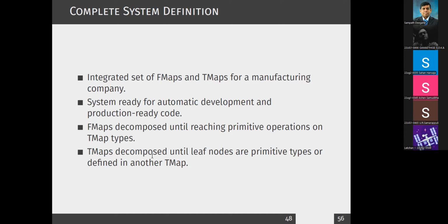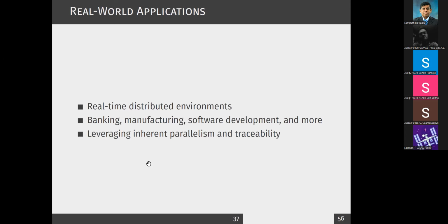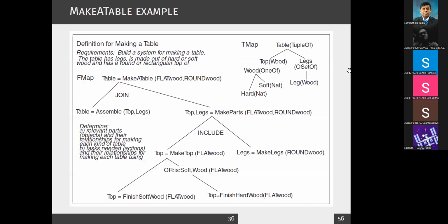So F maps, what happens? They will be primitive operators on the T map types. That means I told you in the beginning, we first identify the structures, and then we identify the functionalities. So in the functions, you will have all the T map types. So let me go back to my example again. Now, for example, here, these are